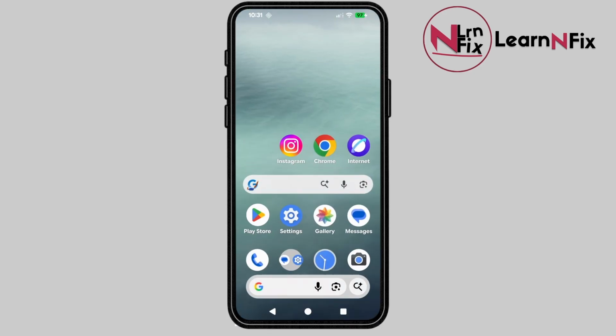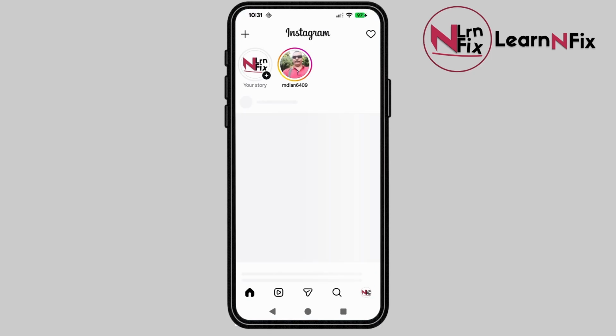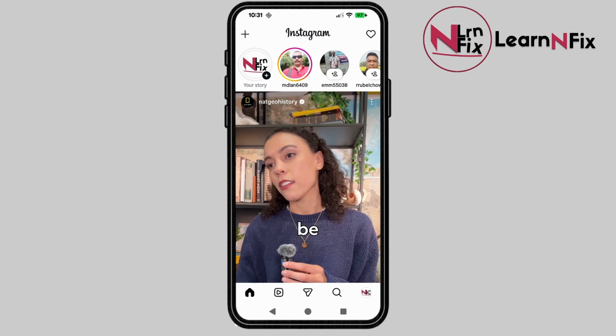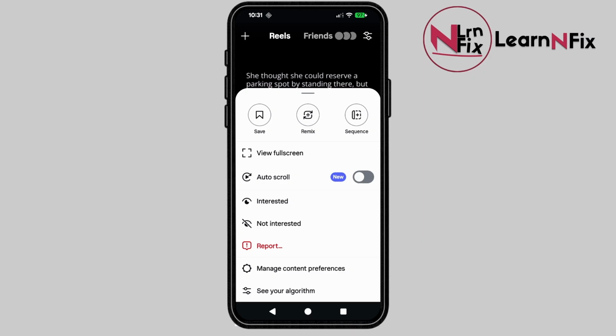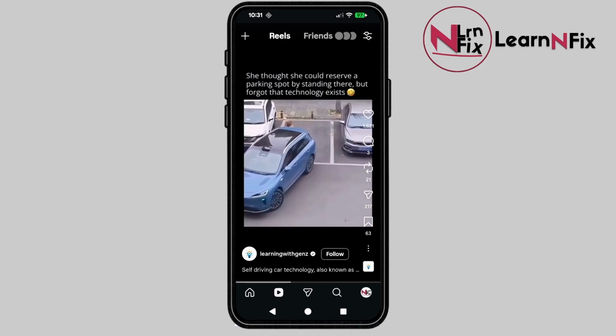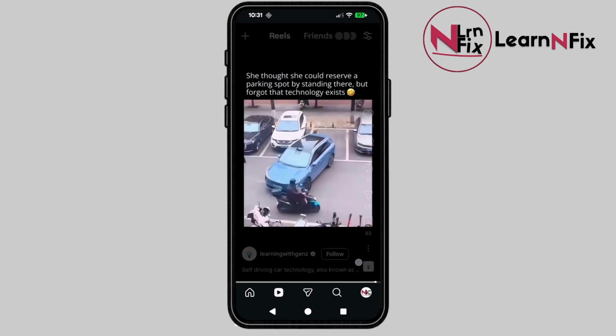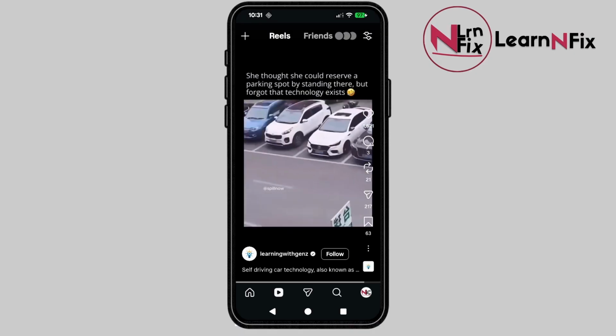And then here I'm going to go to Instagram and then I'm going to Reels, and then you can see these three options. Click on these options and then you will see auto scroll is going to show like new, and then you can just enable it, and now you can see if you're playing Reels it's going to automatically